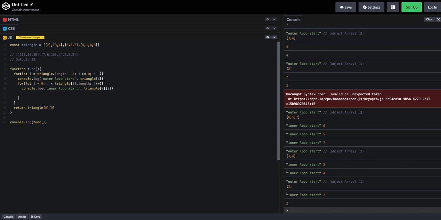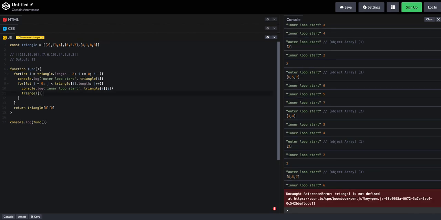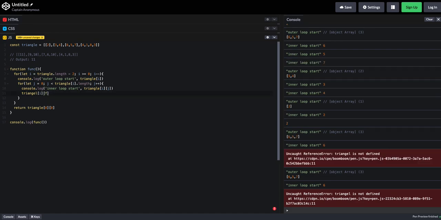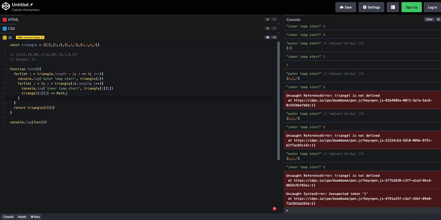So we just simply say we reassign triangle i j. We're adding to it, so we don't want to just say equals, we'll say plus equals. And then we're going to use the Math.min,